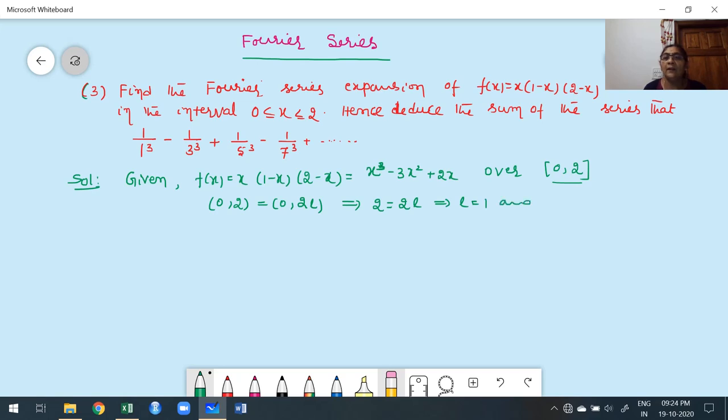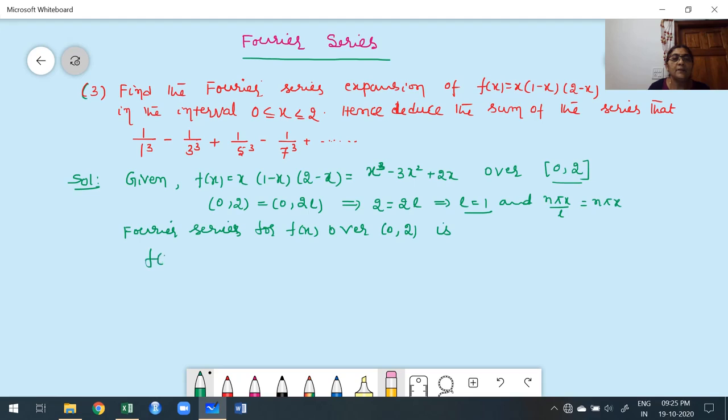Once we get l, I have to find n pi x by l, which is n pi x. First we have to find these values. Don't find them orally. Please do it manually to avoid mistakes, because the role of l is very important in the construction of Fourier series. Then the Fourier series for f of x over the interval 0, 2 is